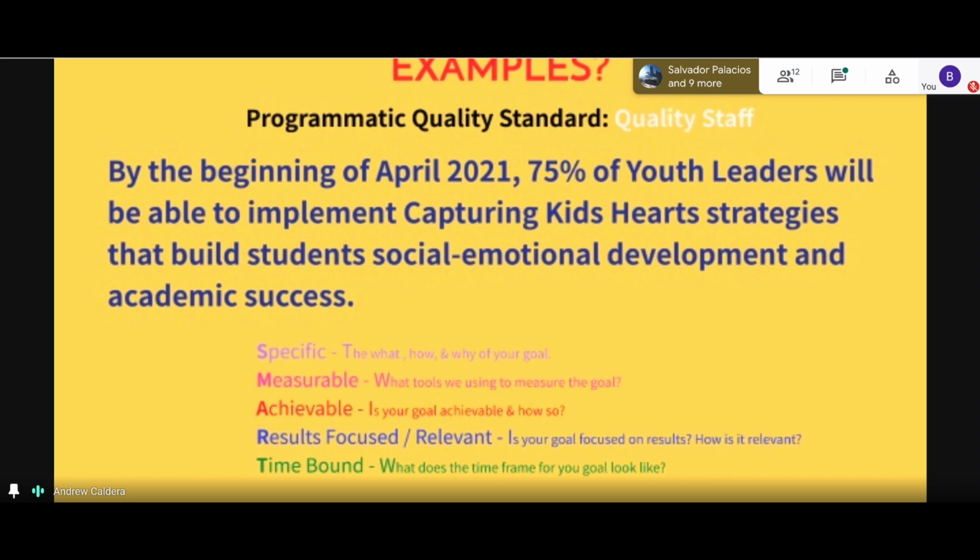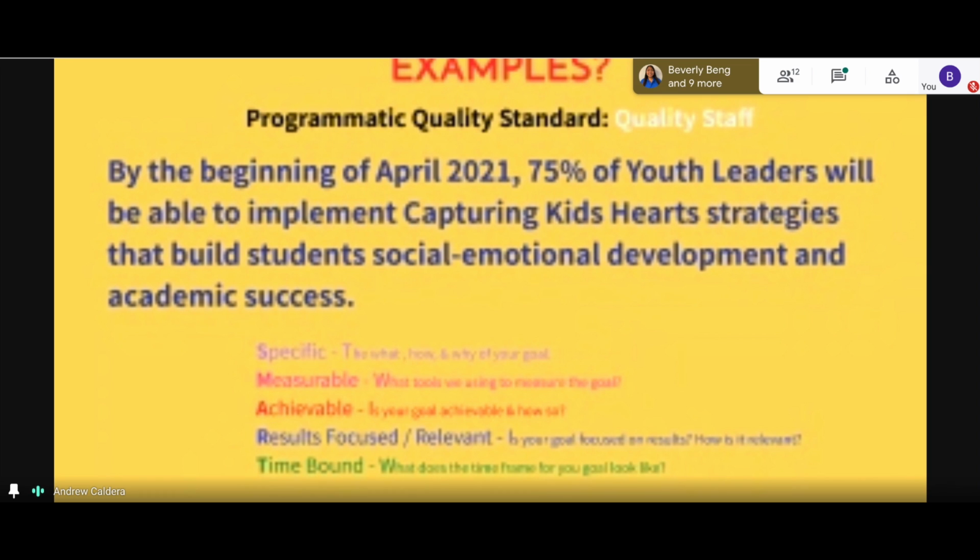It's okay to shoot for the stars, but also be logical in the sense of, you know what, in the time frame given, how much can we get done in that time frame? You know, measurable. We're doing it by April. We're starting in January. We'll do it by April. And we're starting at 50%. Cool. We should be able to do it. Achievable. Is this achievable? It is.